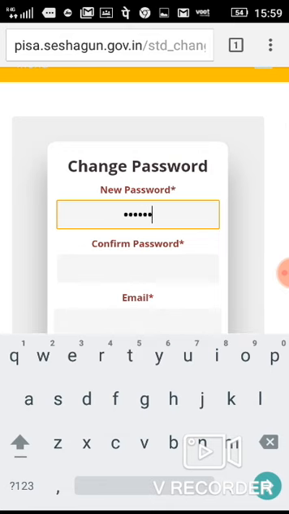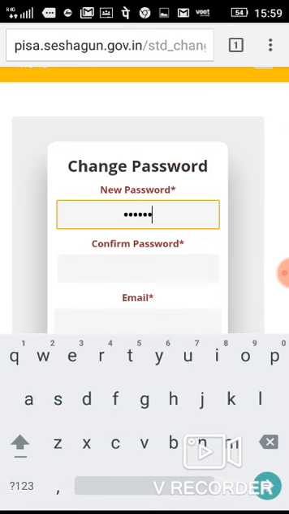Again I am telling you better. First you just enter username and password. Initially the username and password will be the same. Then you have to change the password and confirm password. That new password you can reset, and the new password you have to type again to confirm it. Then you submit it. Now you see, password changed successfully.